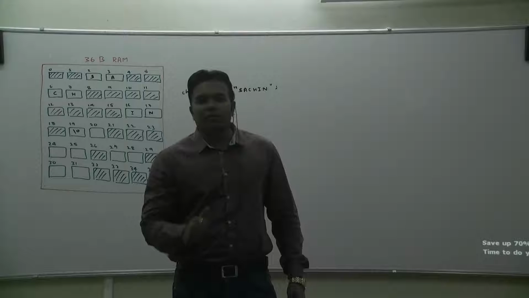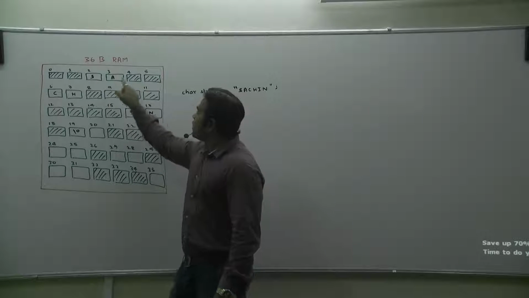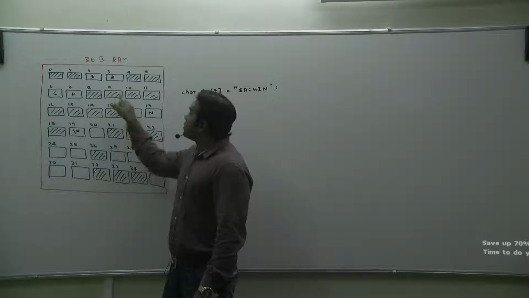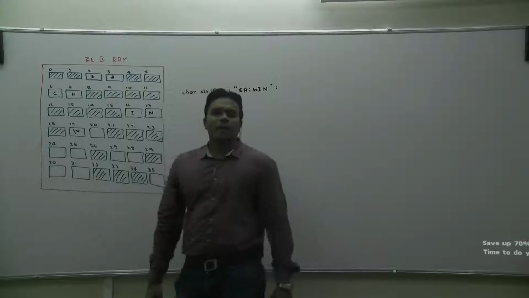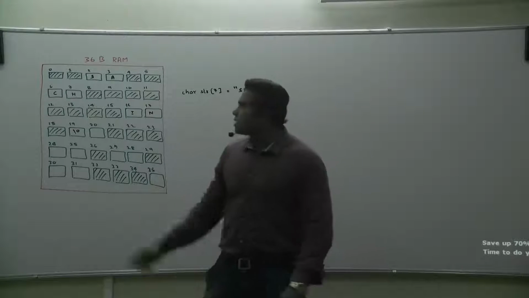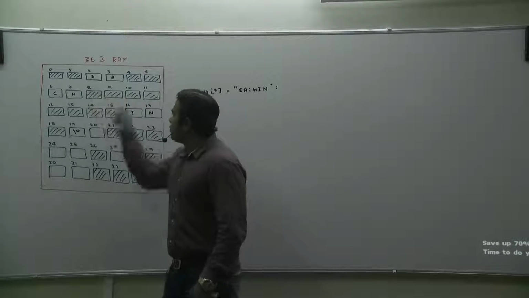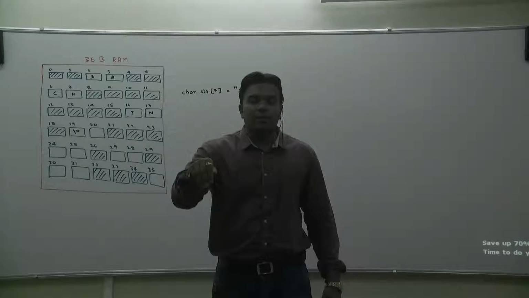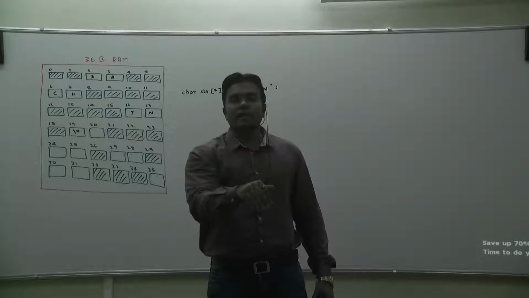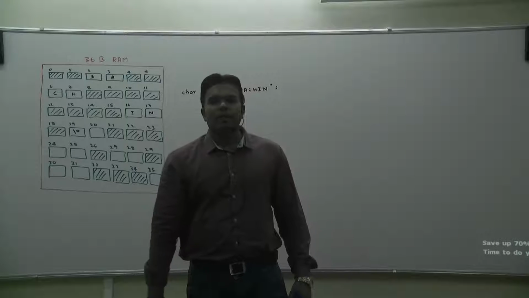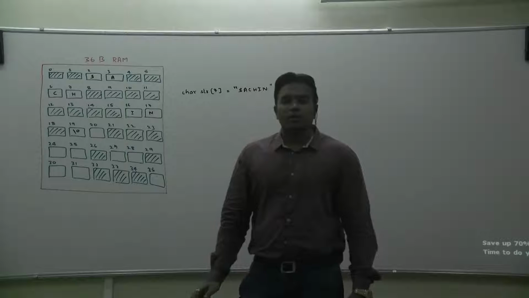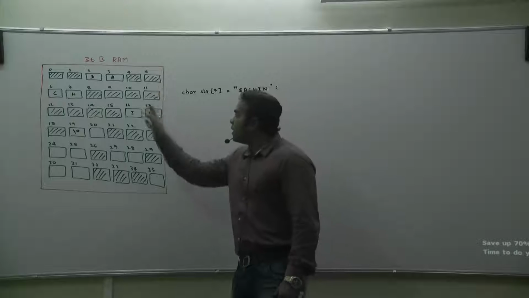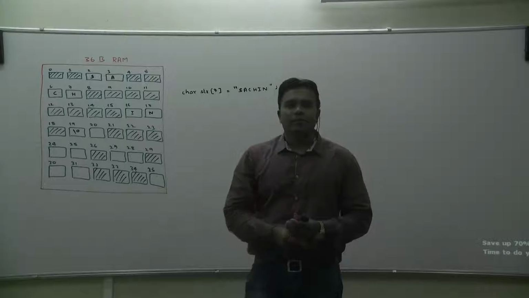Now, how will the printf know that this is your data, this is your data, this is not your data, this is not your data, this is your data, this is your data, this is not, this is not? How will the printf know all that? What the printf knows is that starting from this point, everything I have to print till null is encountered. That is all it knows. How can it know in which byte your data is present, in which byte some other program's data is present? How can it know? Oh, correct, sir. What you are saying is correct, sir. Correct. That we can't actually keep our data like this, sir. What you are saying is correct, sir. That is what I told you